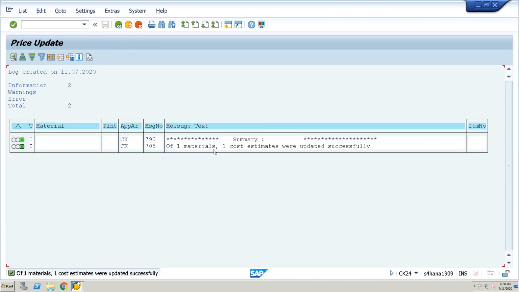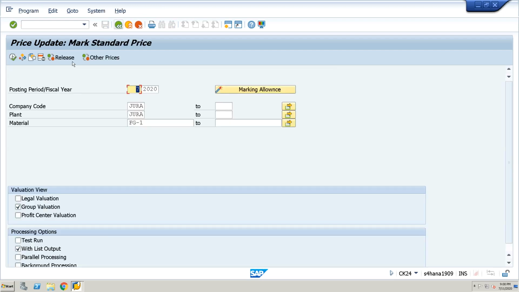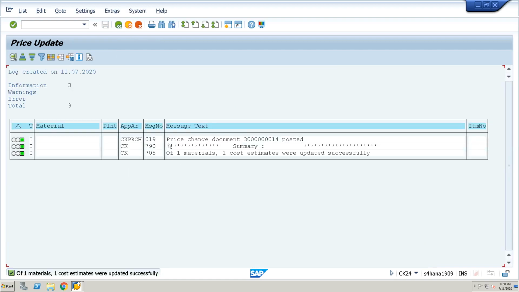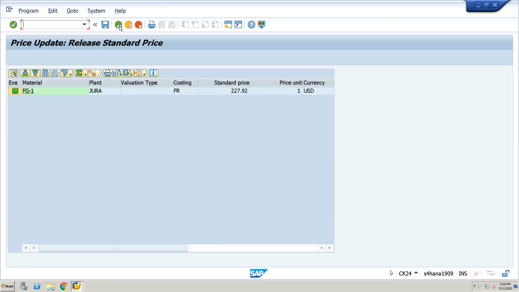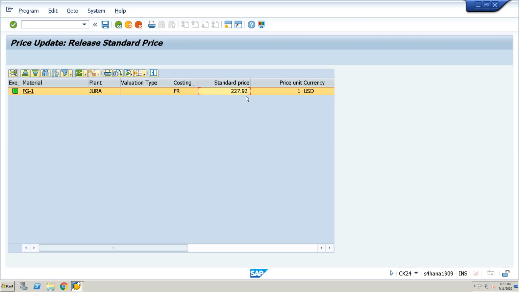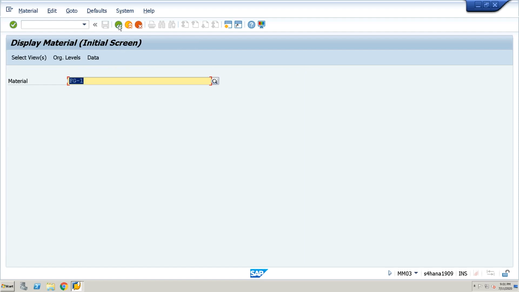Click one cost estimation, one material successfully updated, then release, execute, updated successfully. Now this 227 will update in this place once you go and come back, because this is a Switzerland currency, that's why this is the 296. This is a USD currency, that's why that rate is a fluctuation. 227.92. Go, enter,